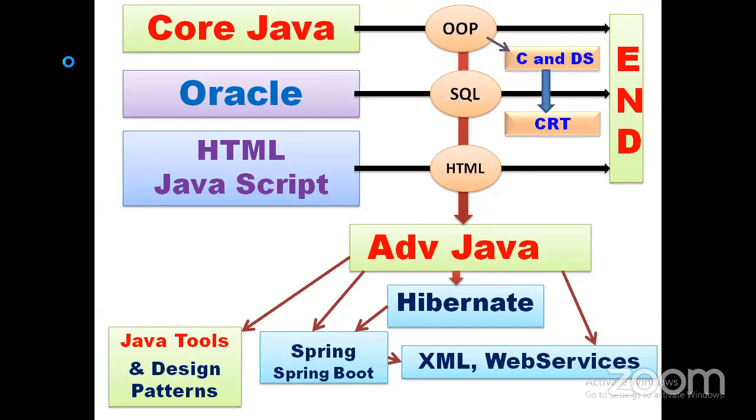So the more hours you spend, the faster the course will be completed. And then finally you are going to join XML web services. Because all 3 slots are free, you can now start at 3 slots or 4 slots. Per day you need to work for a minimum of 8 hours.